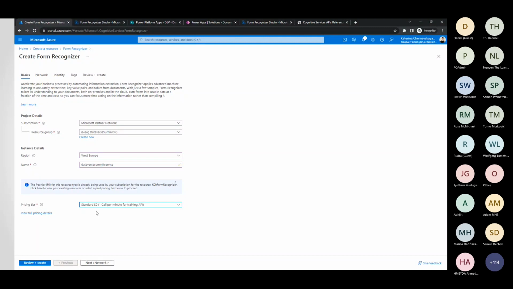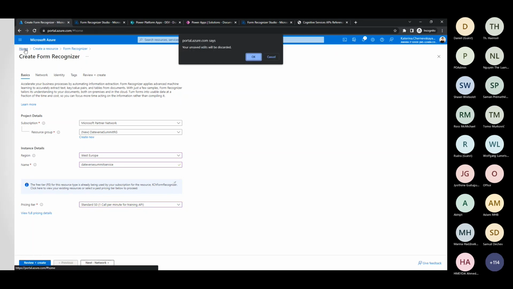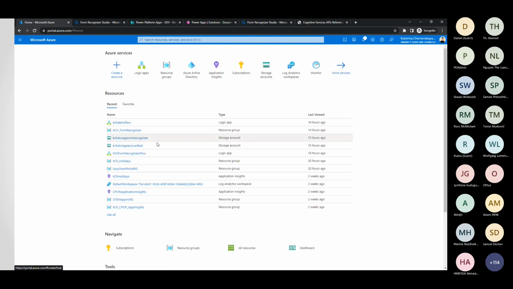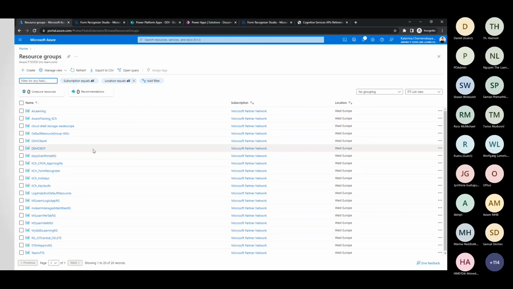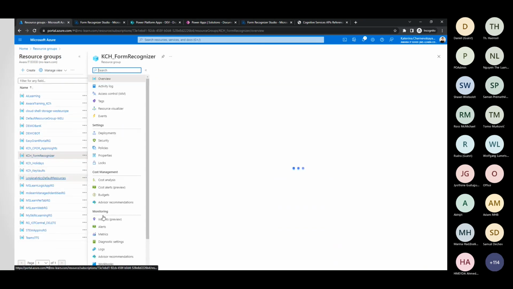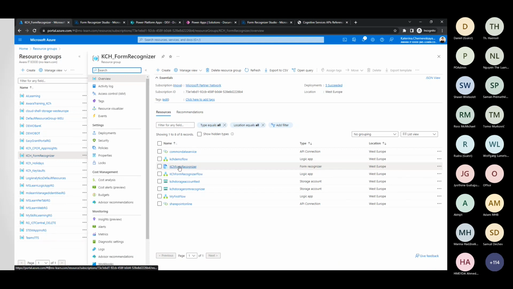So you can select this plan and press the review and create button. To not waste time, I won't proceed with this create button. I'm going to show you an already existing service. Go to resource groups, and I have this resource group and this service, Azure Form Recognizer, which I